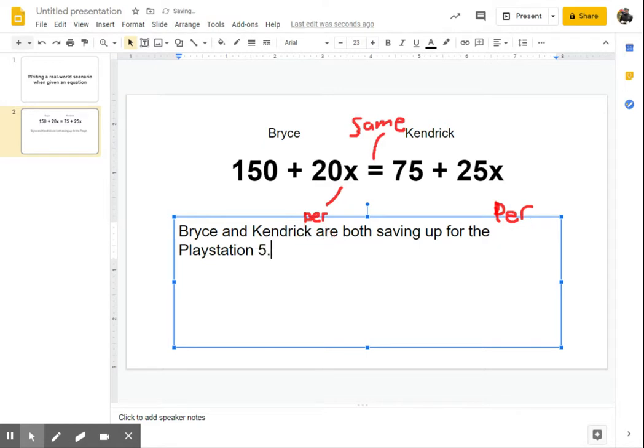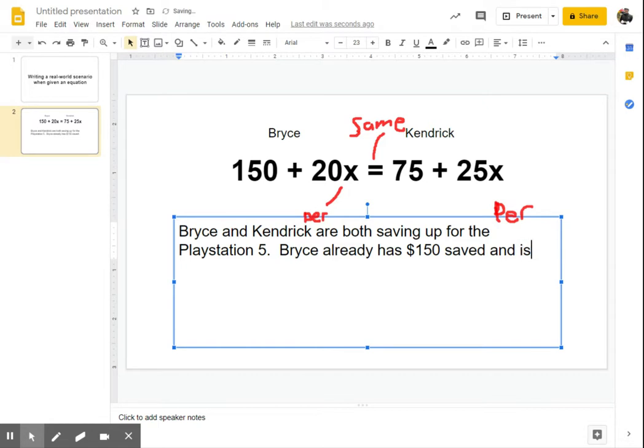So Bryce and Kendrick, they're both saving up money. They want to get the new PS5 when it comes out in a couple months. So Bryce, here's all his information on the left. Let's say Bryce already has $150 saved, right? Here's that 150. So let's say he's starting with $150 in the bank,